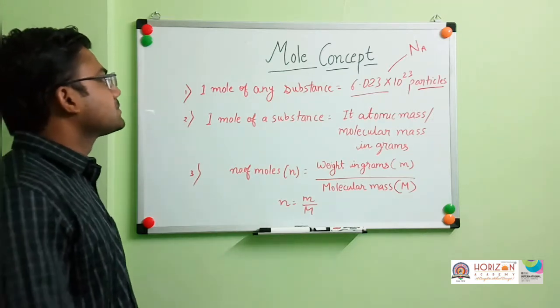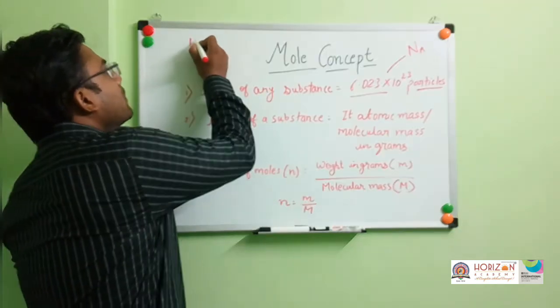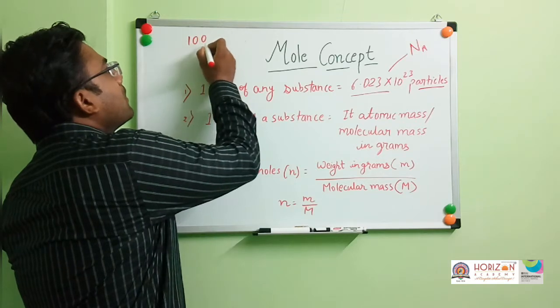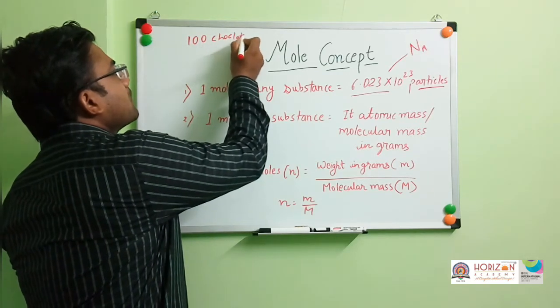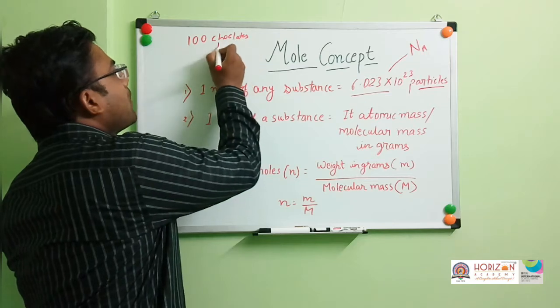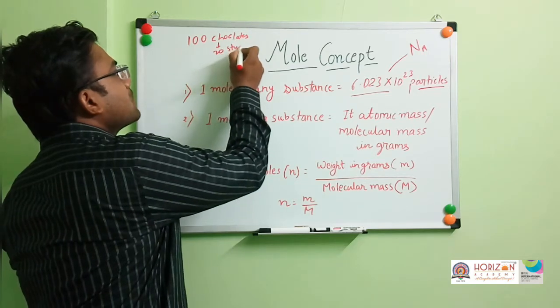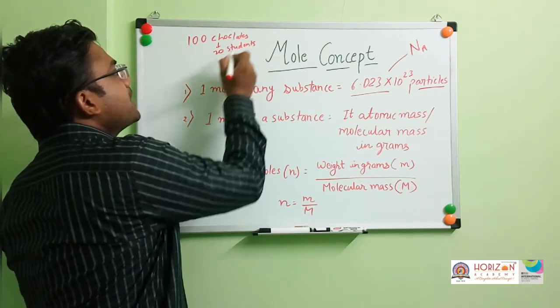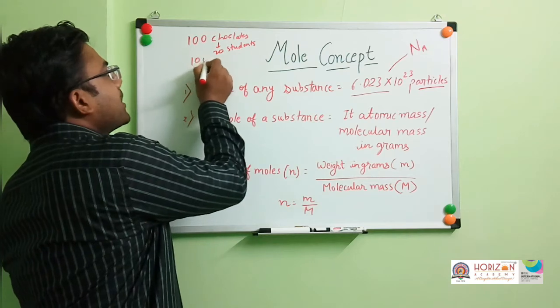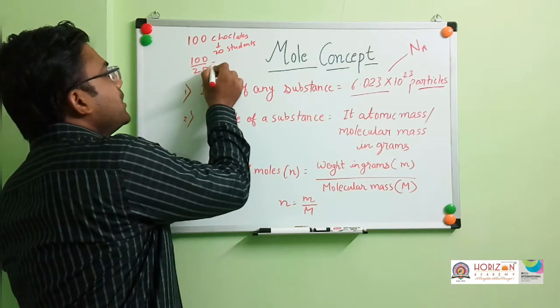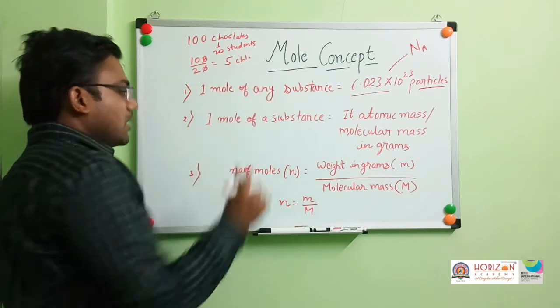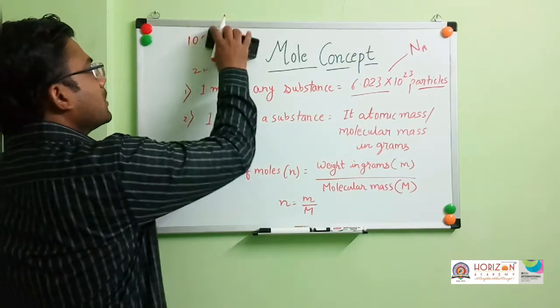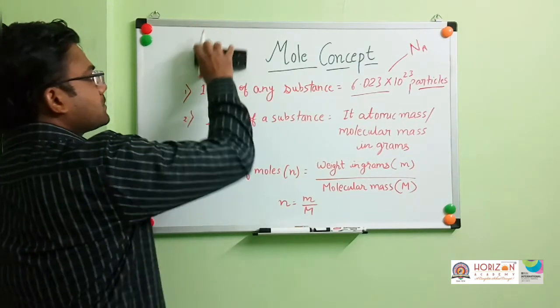In the same way, if you have 100 chocolates and you have to distribute among 20 students, how much will each student get? Simply 100 divided by 20. You will get the answer as 5. So 5 chocolates to each. In the same way,